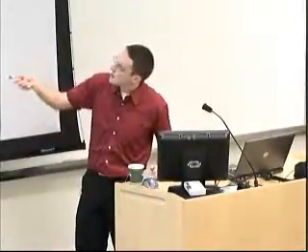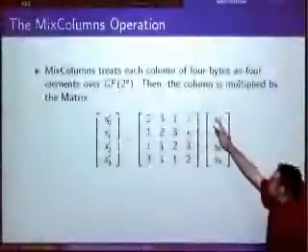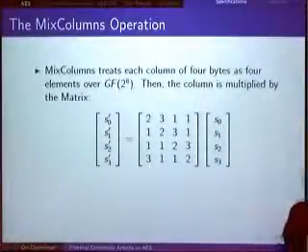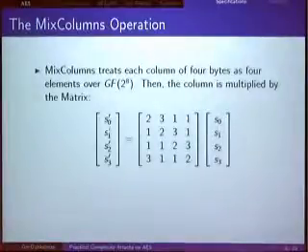You take 4 bytes and you multiply them by this very nice matrix. It's an MDS, maximum distance separable. Thank you very much. I keep on calling it maximal distance something. The S is very useful in that sense. So if you change 1 byte in the input to the MDS multiplication, you will affect at least 4 bytes, meaning all bytes at the output. If you change 2, you affect at least 3. If you change 3, you affect at least 2. And if you change 4, well, you may affect only 1, but it's more probable that you affected everything.